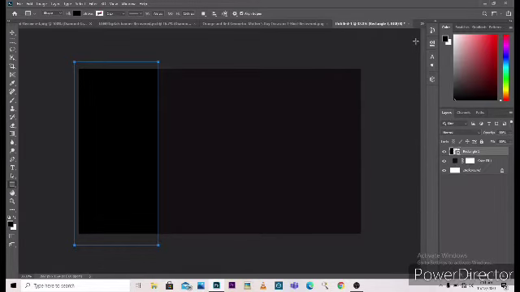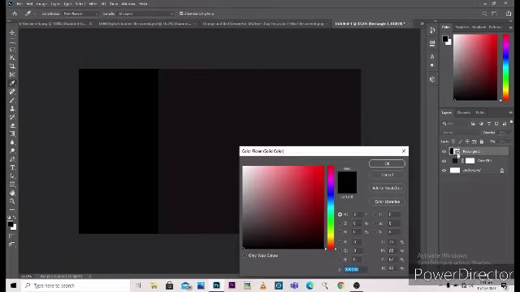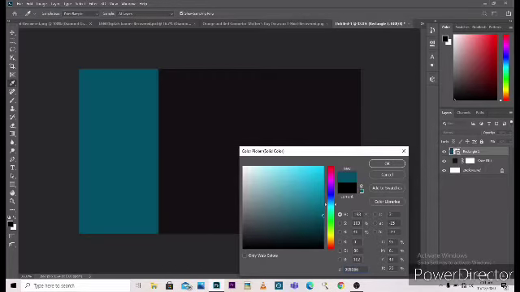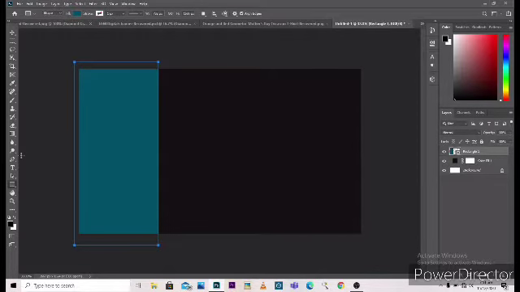You can do this with any Photoshop version. Then we'll come over to this little button and make it another color. I already have the color 005066. Please pardon me, I'm just using the numbers and letters because I'm used to Photoshop.